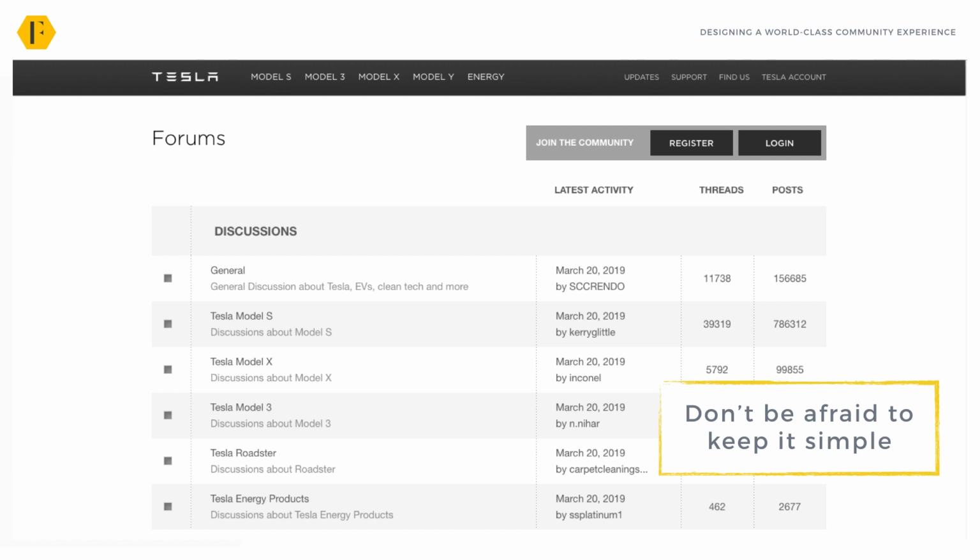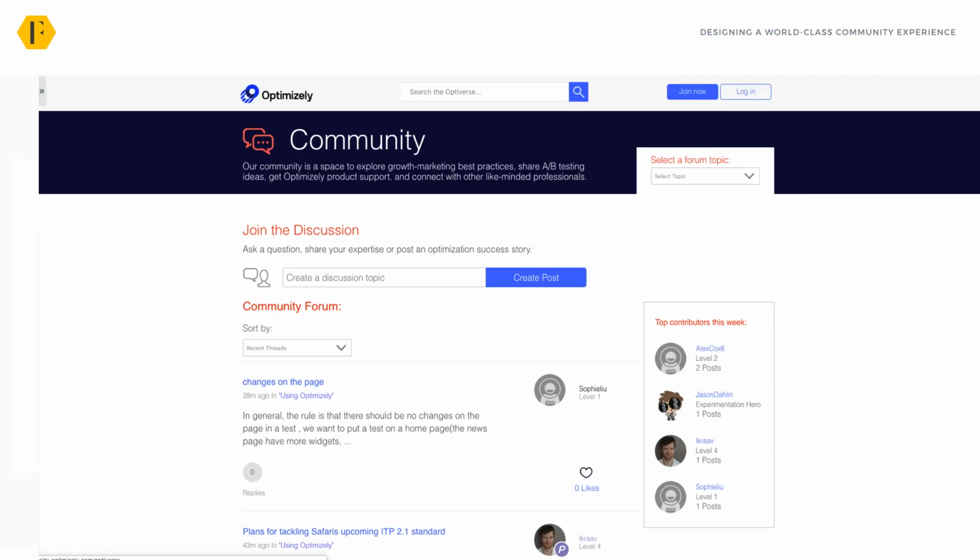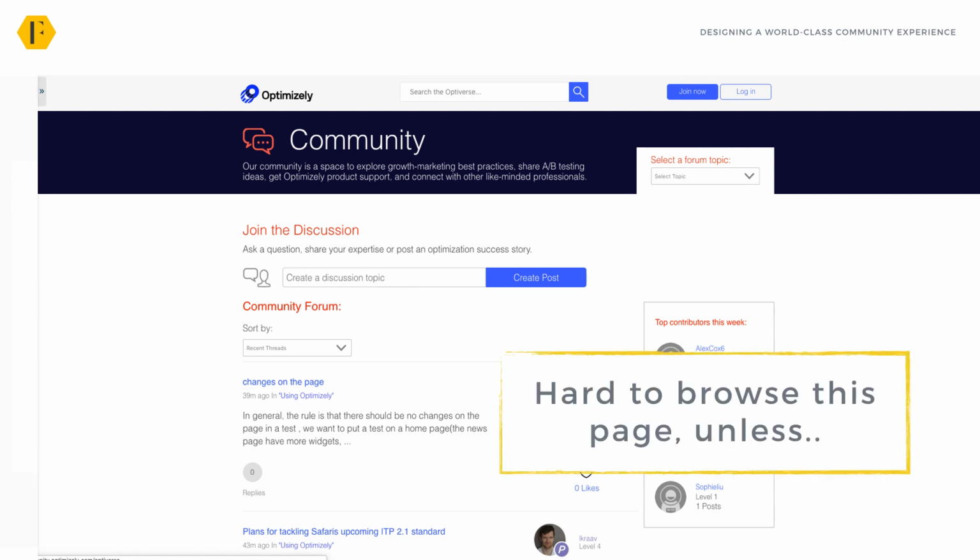But if you do have more activity, if you do have more different types of activity than just the discussions, then you want to be doing something beyond just this. If we look at the Optimize online community here, what do you notice? Well, you can't quite see it yet, but there's lots of different discussions. They easily go off the page. It's hard to find and follow what you want to have or what you want to see. So it's very hard to browse this page unless